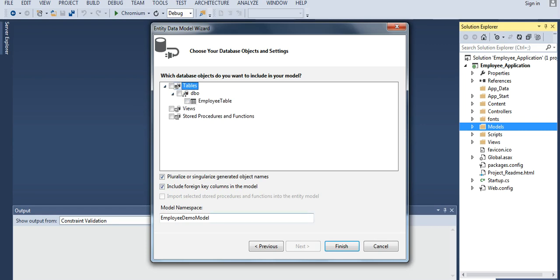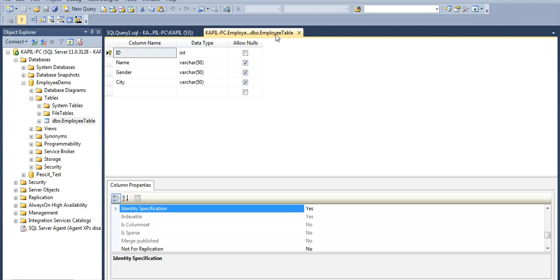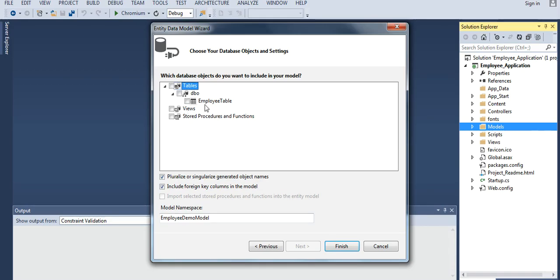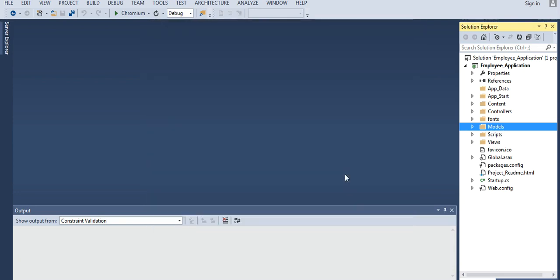In our SQL server we have created one table, employee table. As you can see over here, that table is represented. Just click that and click on finish. According to that, it will create one diagram of your employee table.